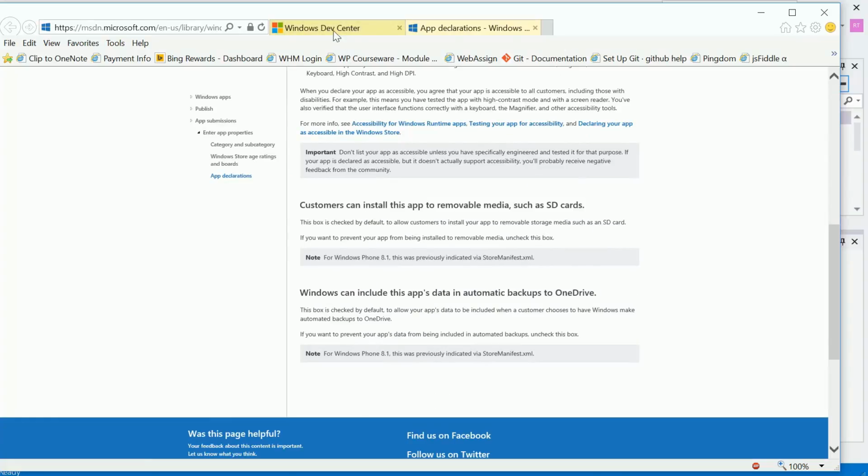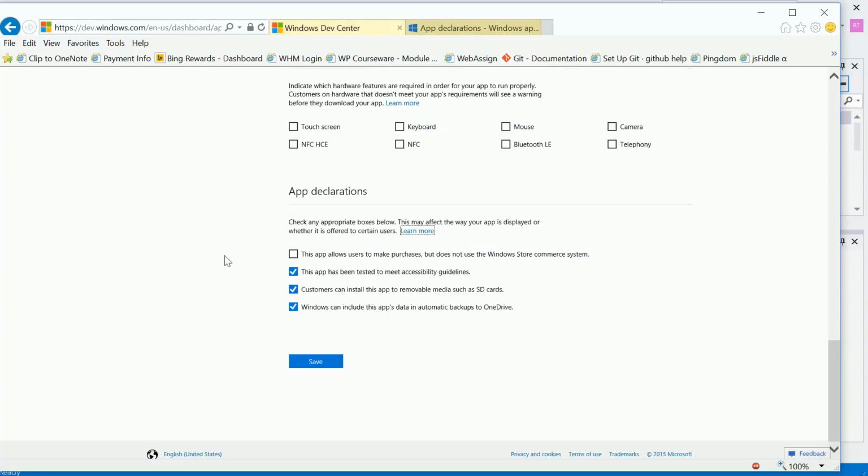I imagine this is for users with visibility issues, and we've not tested it, but I'm going to go ahead and assume that we have. Customers can install this app to removable media such as SD cards. Now, if you're really concerned about your app being